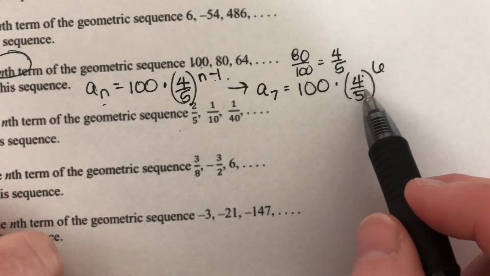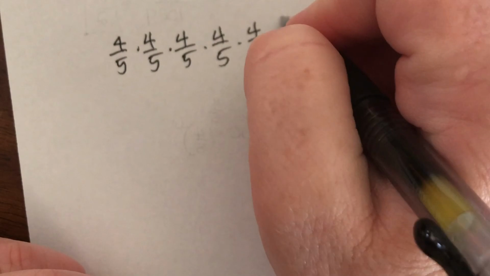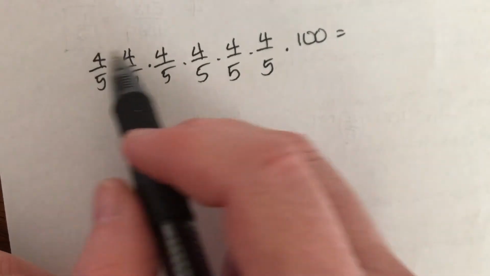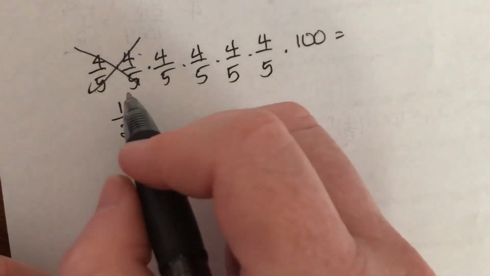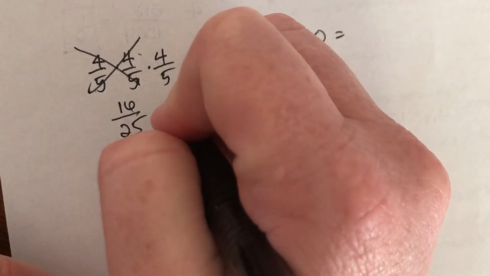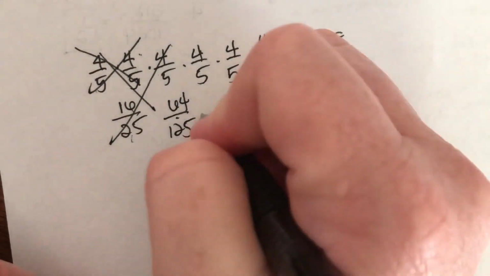Okay, so I'm going to multiply 4/5 out 6 times and then multiply that by 100. All right, so 4 times 4 is 16, 5 times 5 is 25, so that becomes 16/25. 16 times 4 is 64, over 125 times 5 is 125, so this becomes 64/125. This times 4/5